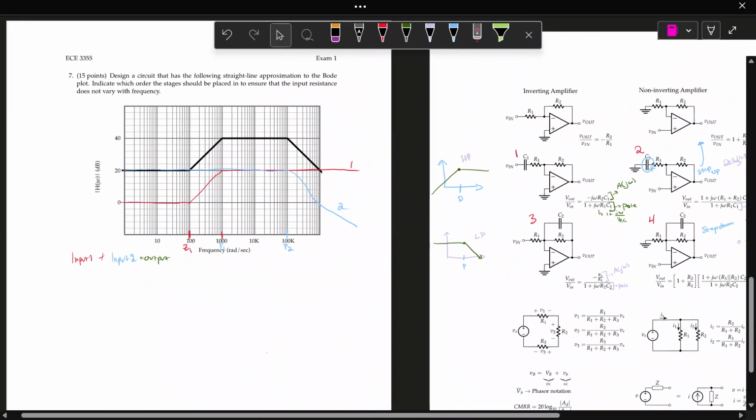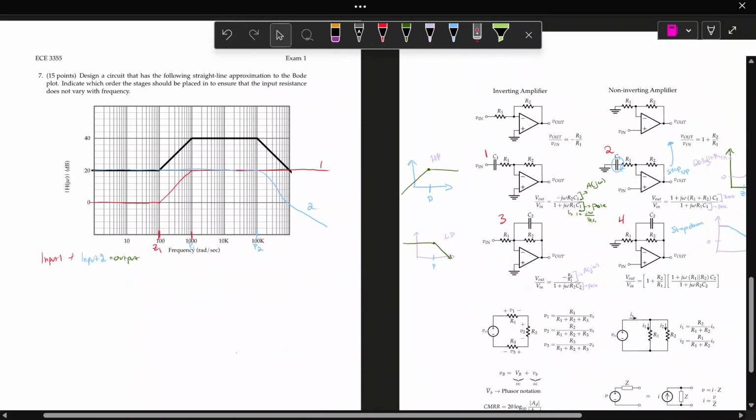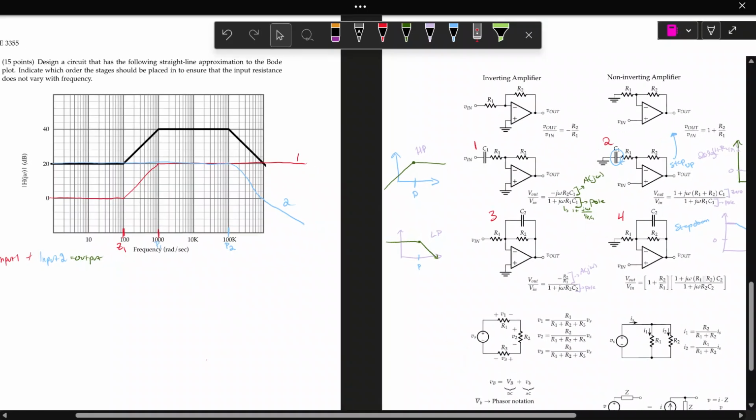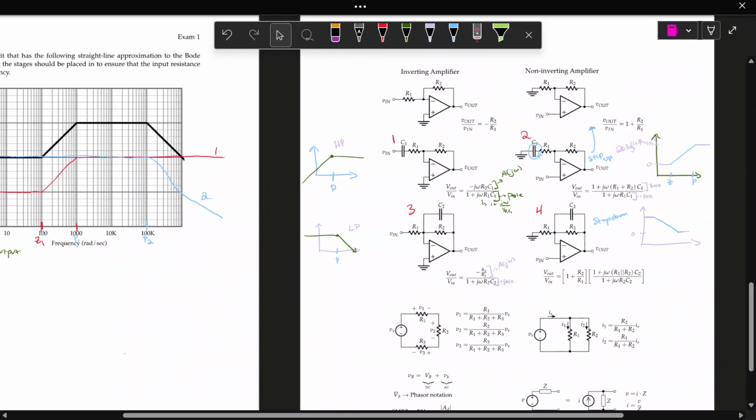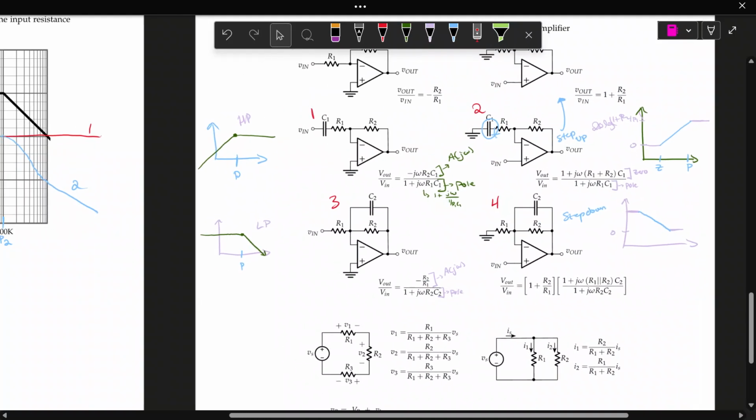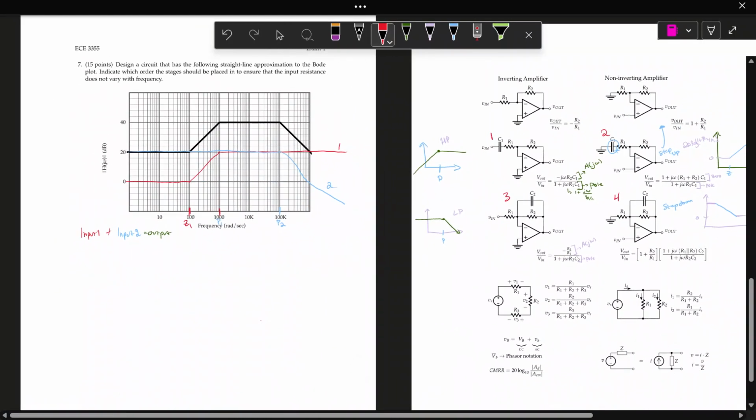But now we have to figure out what op-amp configuration corresponds to our first Bode plot mapping. So we have a step-up function, which is our number 2. Okay, let's draw out number 2. Number 2 here looks like this. I hope y'all can see where I'm getting this from. This is VO, and VN is actually the non-inverting input, which makes it very easy for us whenever they say